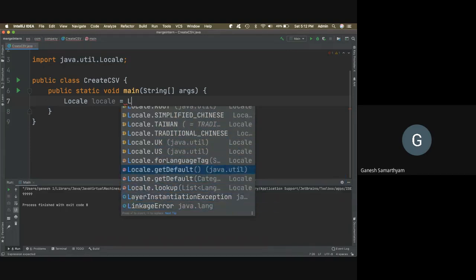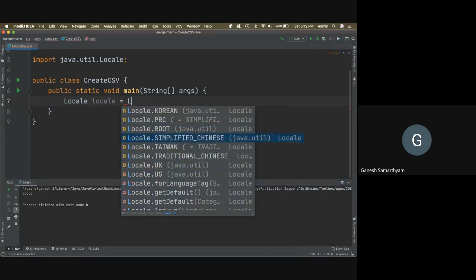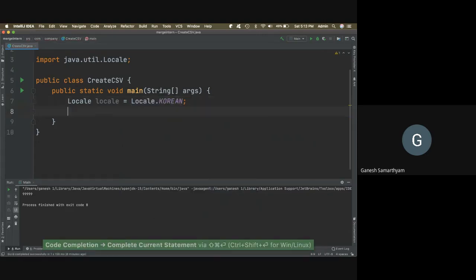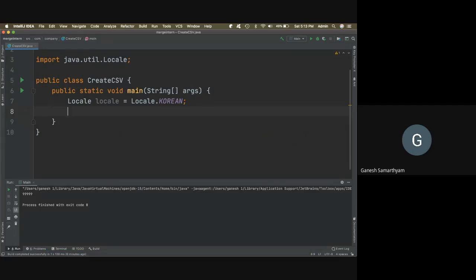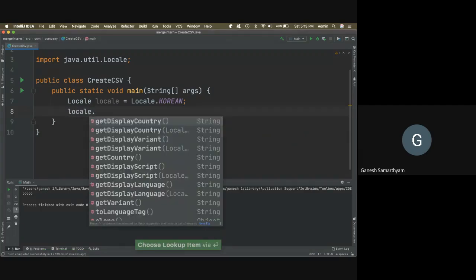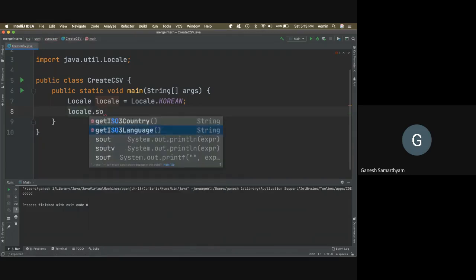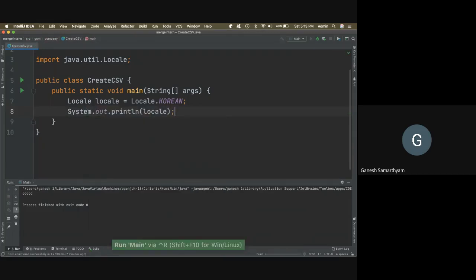Let's create Korean as an example, right? We got a locale information. Now I can get some simple information about locale. Let me print the details of the locale. I'll just print it out. It's okay, get started, right? Before we get into CSV details of that, right? It's a very simple description of what this Korean KO is, right?